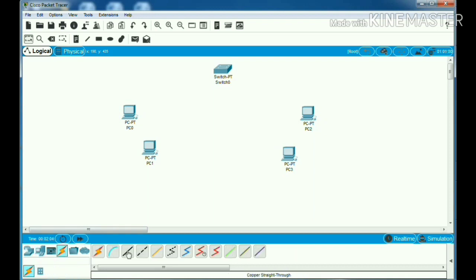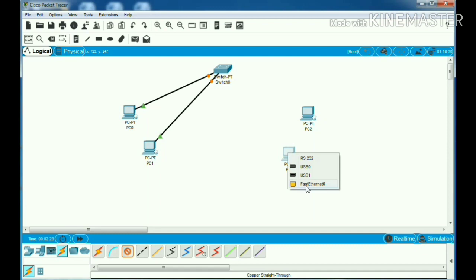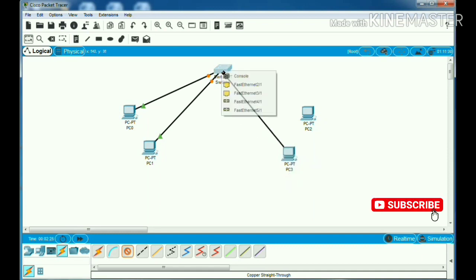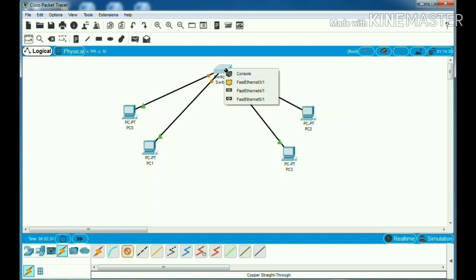So click on connection, select the third one, copper straight through wire. Fast Ethernet 0 to Fast Ethernet 0/1, Fast Ethernet 0 to Fast Ethernet 1/1, Fast Ethernet 0 to Fast Ethernet 2/1, Fast Ethernet 0 to Fast Ethernet 3/1.